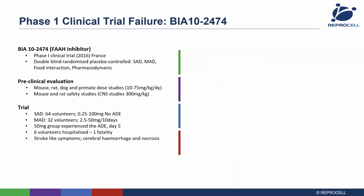However, even with such changes, a more recent study in 2016 had similar drug safety issues at the phase 1 trial of fatty acid amide hydrolase, BIA 102474. Again, as with the previous study, extensive preclinical animal studies had been performed with 4 different species used. The single dose administration arm of the trial was completed with no adverse effects observed, but the multi-dose section of the study resulted in 6 hospitalizations with patients had stroke-like symptoms and 1 actual fatality, which was